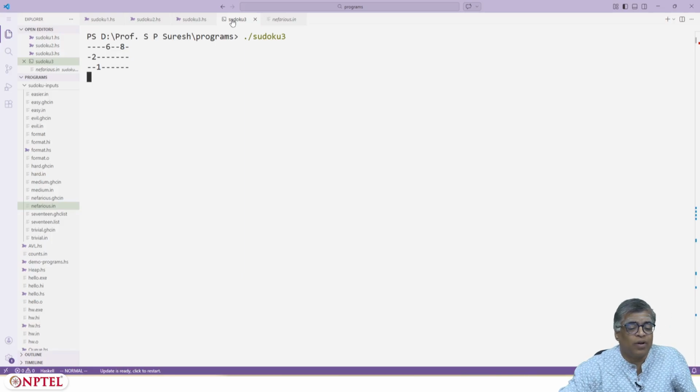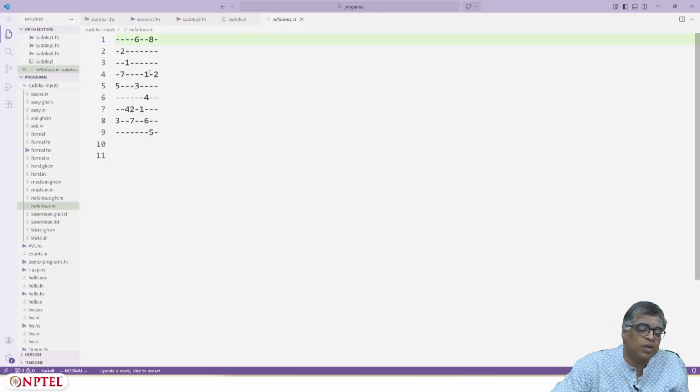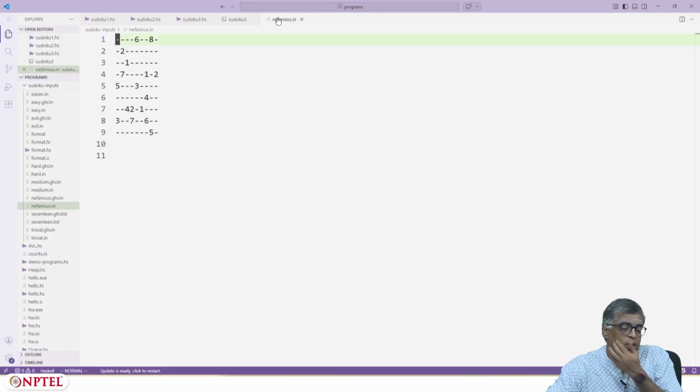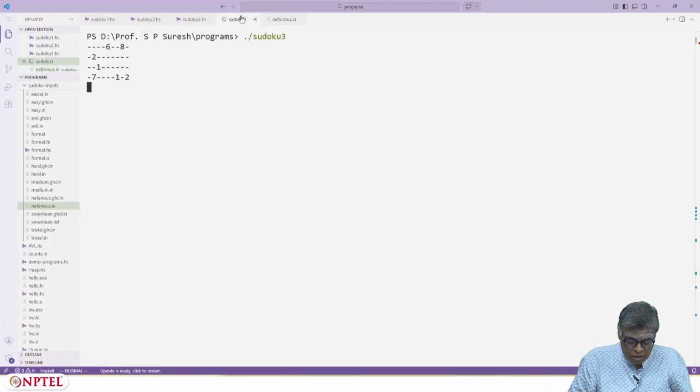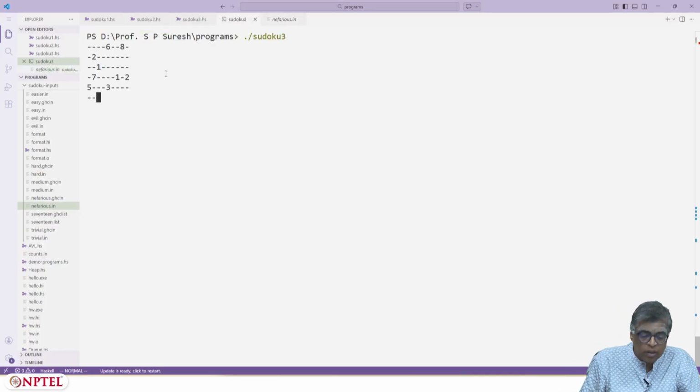As you can see, there are very few entries here, and manually solving this would be very hard, but also this is a very good challenge for this program. Blank, 7, and then there are 4 blanks and 1, blank, 2. Okay, now 4 rows are done. Then I have 5, blank, blank, blank, 3 and the rest are blanks. So everything is blank except for the 7th entry.